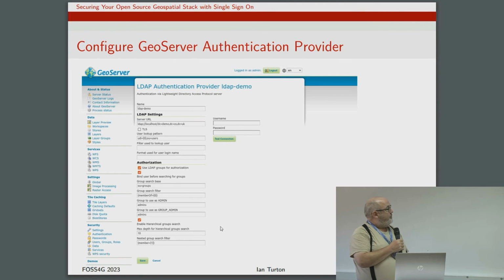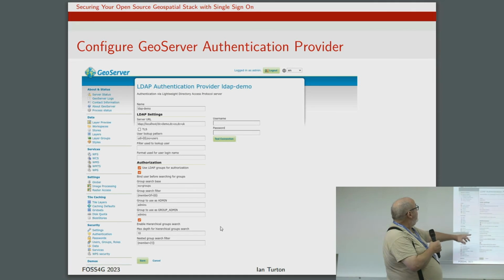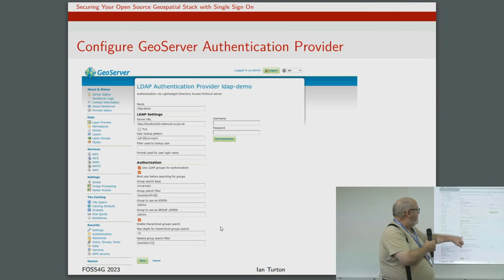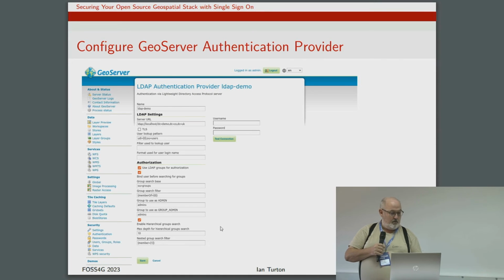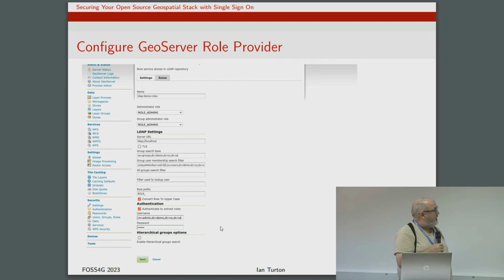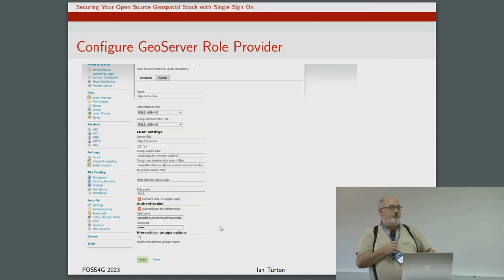In GeoServer, as I say, there's an LDAP authentication provider, which you can specify. Then there's a variety of things you have to fill in and some that are optional. You can specify how you get the groups, who's the admin, which groups should be given admin privileges, that sort of thing. You also have to configure the authentication provider. And then you have to set up a role provider. That's saying take the users from LDAP, make them into roles on GeoServer.